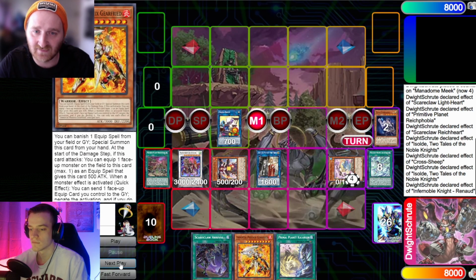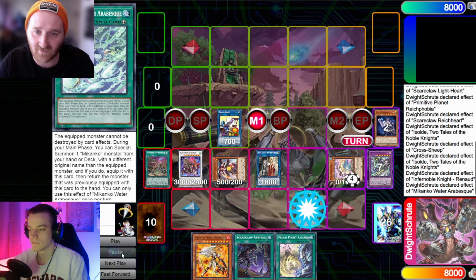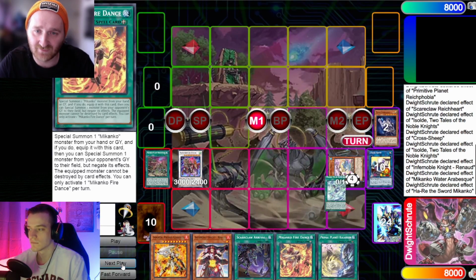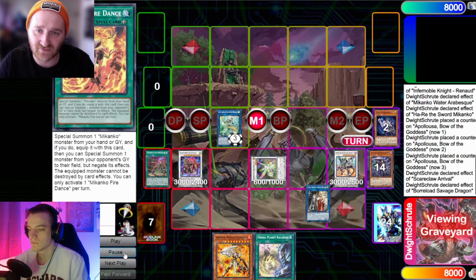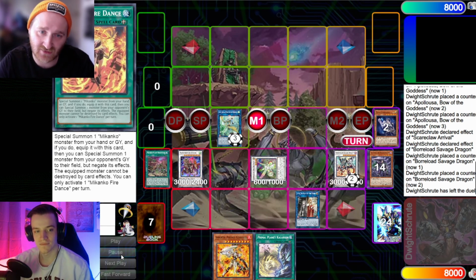Now we're going into the Isolde combo. And we do have a Gear Free in hand for follow up as well because we are playing the Makenko package, which is pretty good. But we're going to summon the Renaud, get the Makenko water back. Water is going to be able to summon the Fire Makenko, which is going to get our Fire Dance. And then we're going to be able to link into a Link 3, and then Fire Dance back, and we're going to make an Arc Light, and then we're going to go Arrival, summon back our Reich, and make a Savage here,